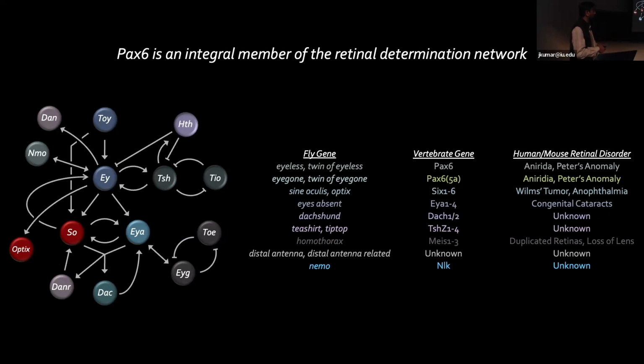There are two other molecules that will become really important: a downstream member, Sine oculis, which is a DNA binding protein, and its cognate binding partner Eyes absent, which is a transcriptional coactivator. Most of the fly genes have at least one copy in vertebrates, and mutations in a fair number of these lead to defects in mouse model systems or patients with congenital retinal disorders. So the network seems to be, as a whole, conserved across evolutionary history.